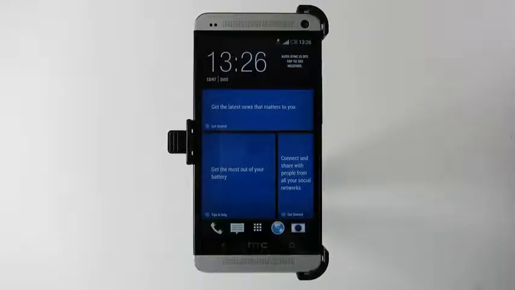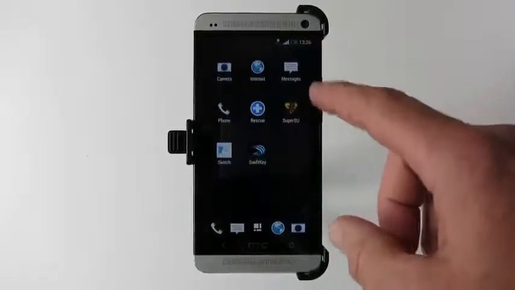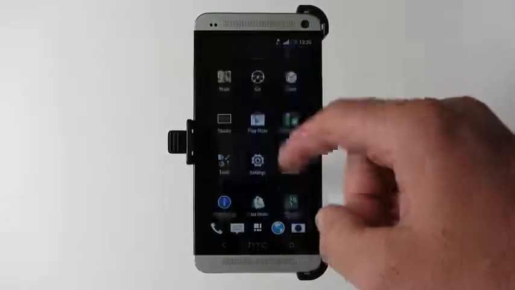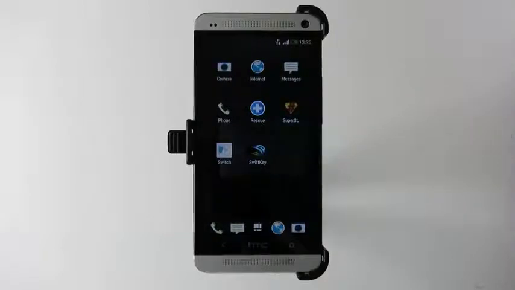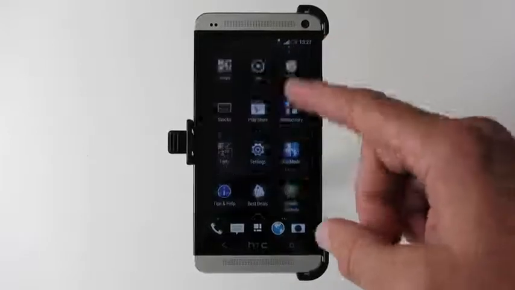So this is pretty standard really. It's got the modifications for Switch, it's rooted. It won't need to be post-beta, and yeah, it's running a beta version of MoDaCo.SWITCH. So if I show you what we've got here, I've just got the standard stuff installed. Super SU there, the Switch application with a little switch icon, SwiftKey, which is my keyboard of choice. As you can see, there's not really much else installed there at the moment, so I'll demonstrate the process of